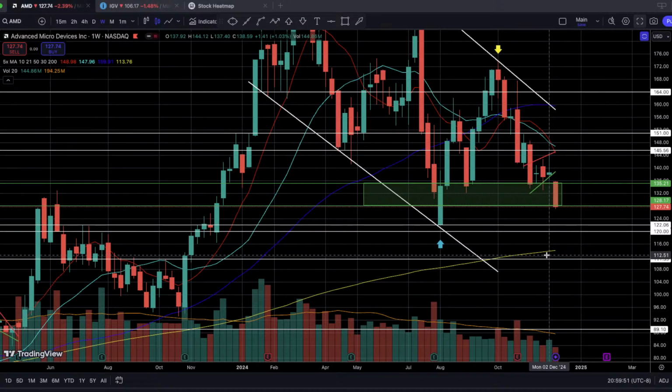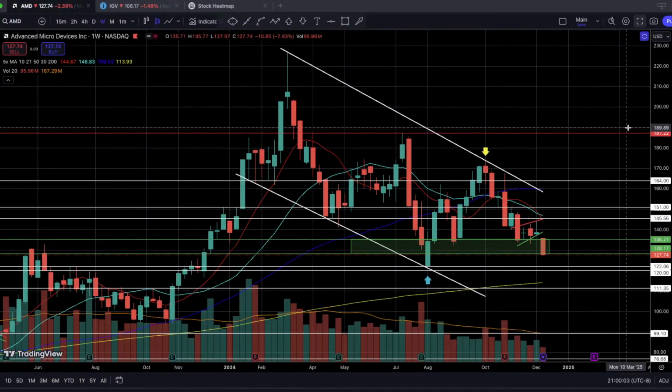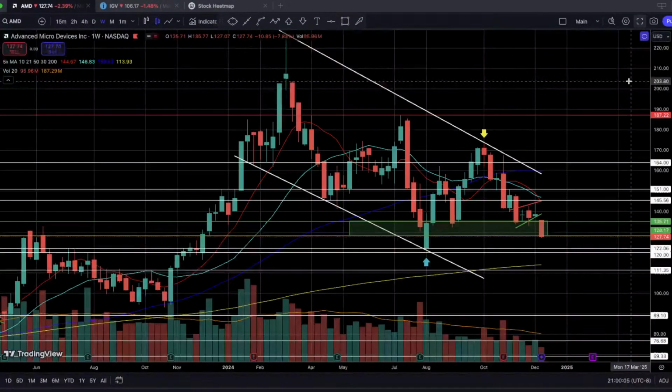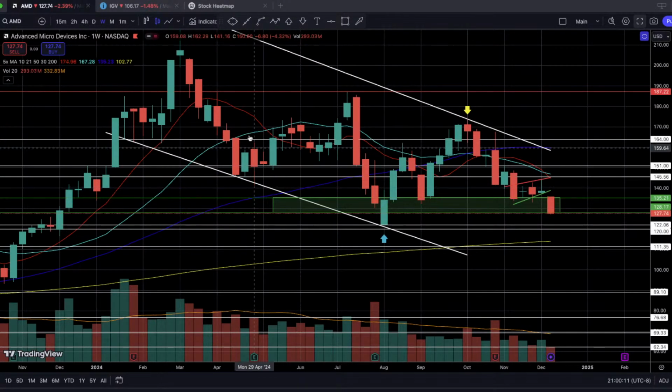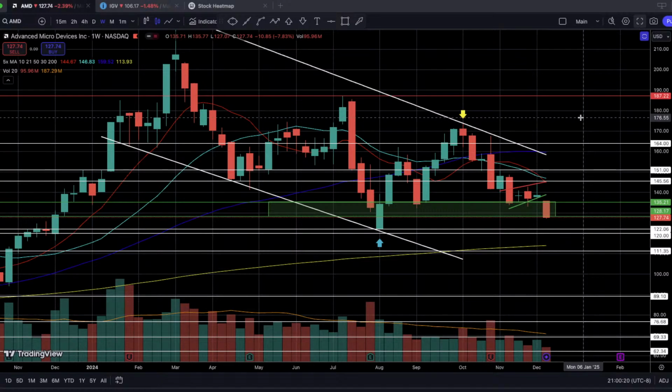So again, it sounds bearish for the short-term future because it is, but for the long-term future, I'm going to be very bullish and optimistic that AMD can go back to like 185 or 187 or even near 200, right, for the longer-term future. So AMD has a lot of time to work out its downtrend here, and if we continue to consolidate like this in a descending manner for the rest of this year, I think AMD has a good chance to be a very good leader in the overall semiconductor group heading into the fiscal year of 2025, right? And I wouldn't be surprised if semiconductors start to lead again.